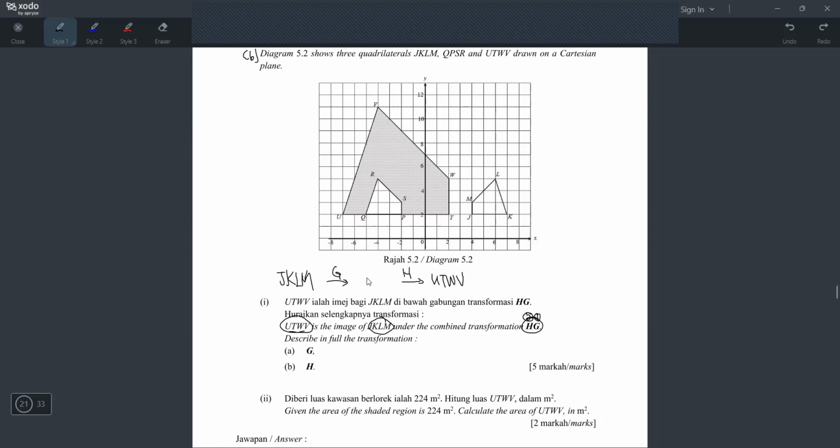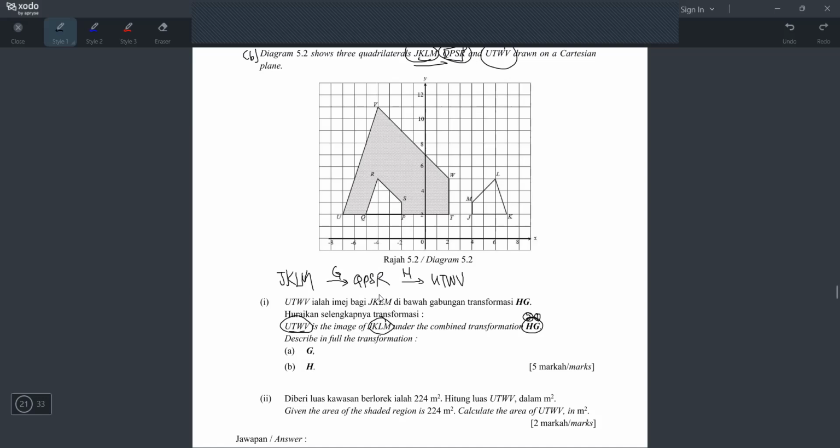And then what about the middle one? What do we write in the blank middle? Look at the question. There is JKLM, QPSR, UTWV. Which one has not been called? JKLM is done, UTWV is done, so QPSR is the one not yet called. That is the middle one. Because JKLM I already wrote in front and UTWV is already here, the only shape left is QPSR. But sometimes, for difficult questions, they don't tell you. They don't give three, they give only two shapes here. And then this one you have to determine yourself.